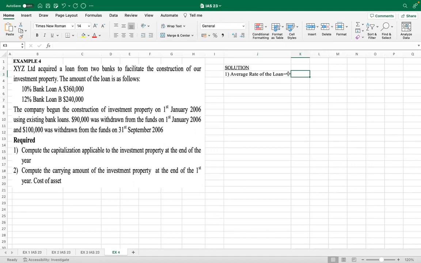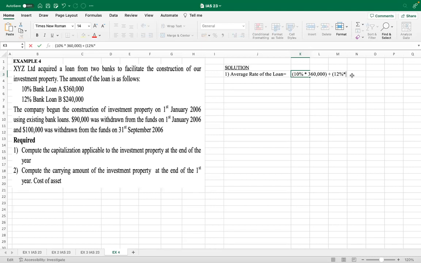It will be, carefully look at what I'm doing, 12% times the amount that was borrowed of 360,000. Sorry, 10%, not 12. The rate of bank loan A was 10%. For bank loan B, the rate was 12%